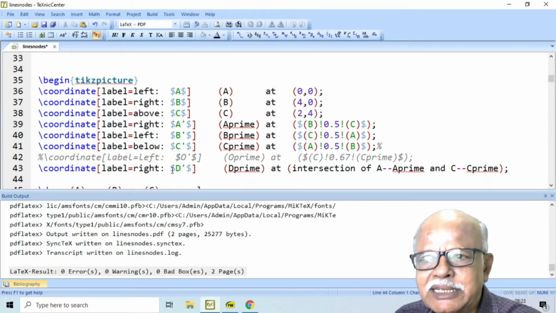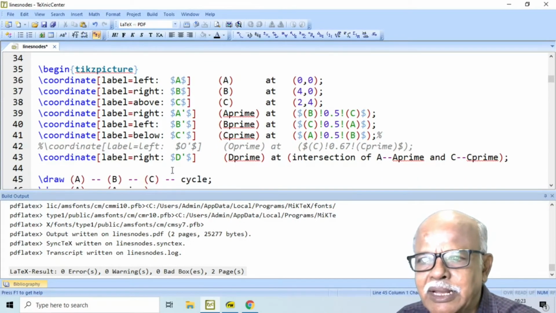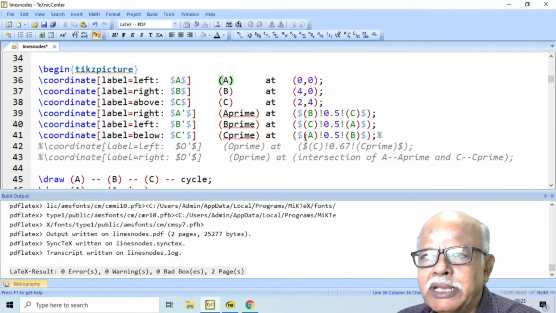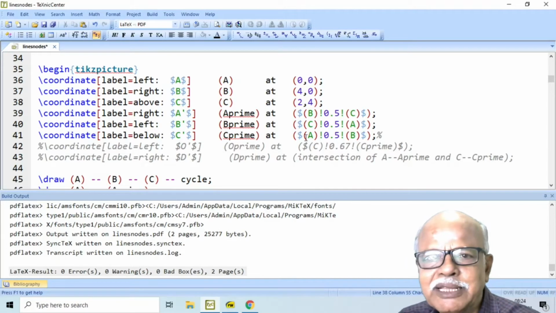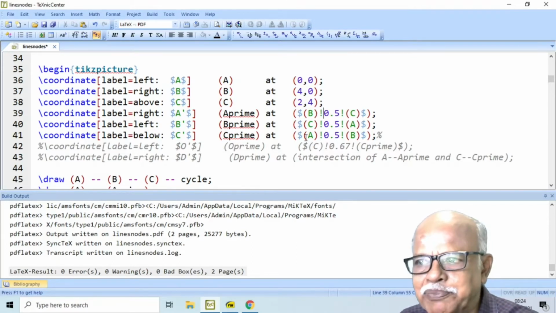Now, let us extend this still further. Here we have points A, B, C defined like this. These form the vertices of a triangle, and I want to find out the midpoint of the line joining B and C. For this, I use this structure.